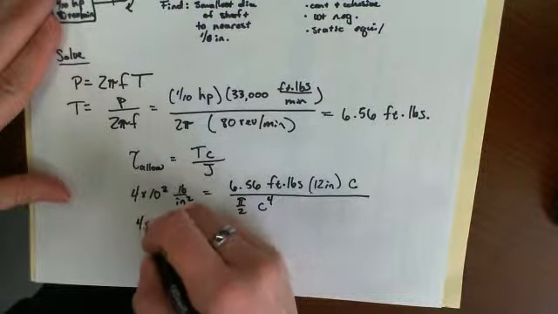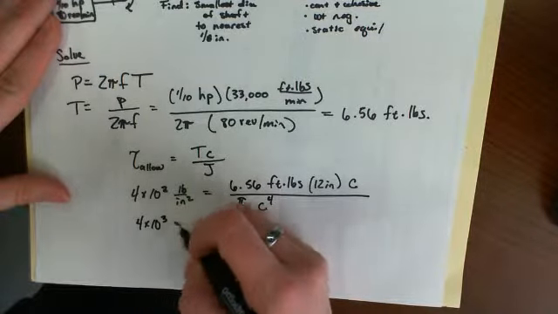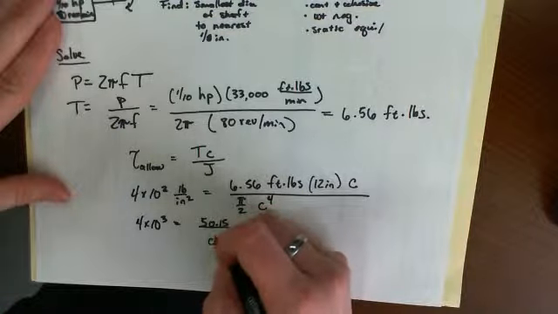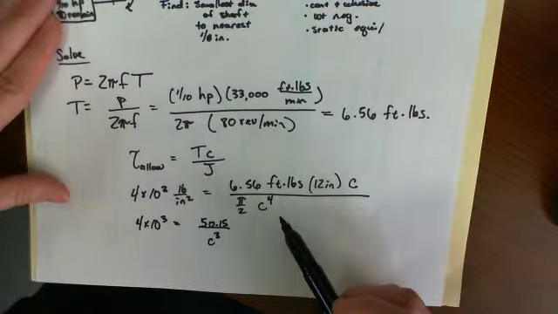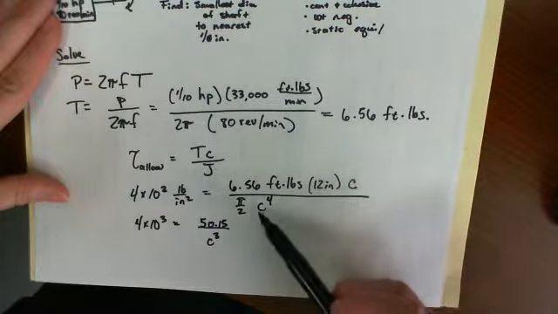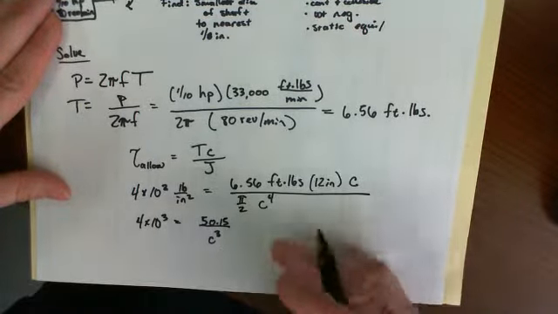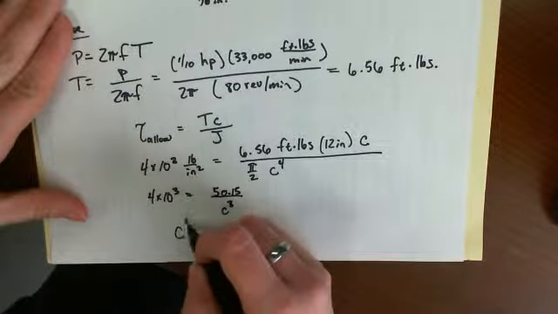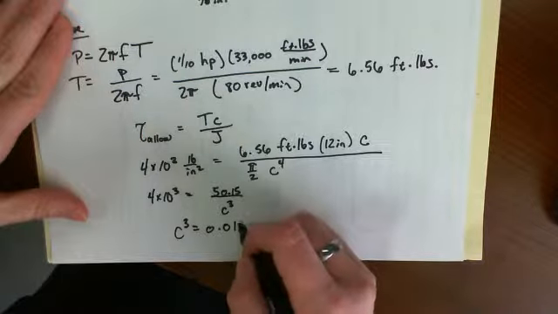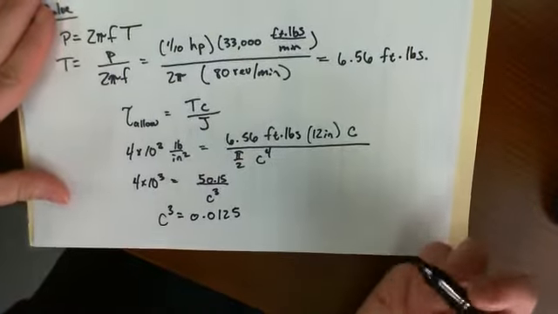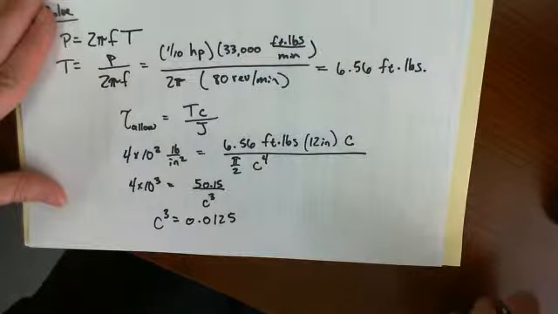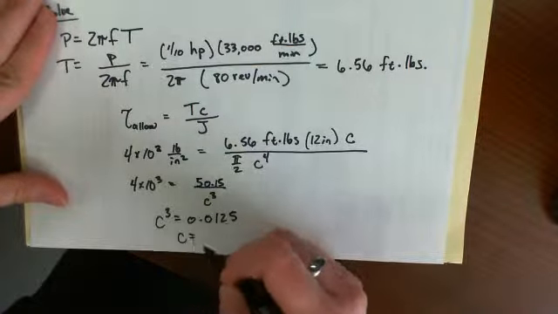So we have 4 times 10 to the third is equal to 50.15 over c cubed. If I put all these numbers together, divide by pi over 2, and I can cancel out one of these c's on the bottom, this is what I get. So c to the third is equal to 0.0125. So if I take the cube root of both sides, I get that c is equal to